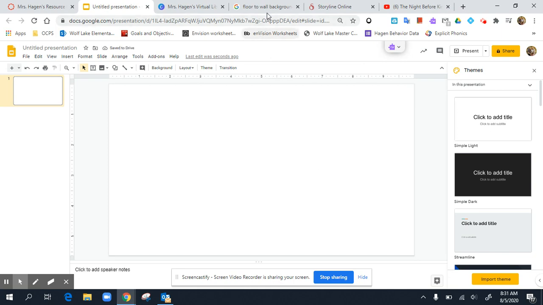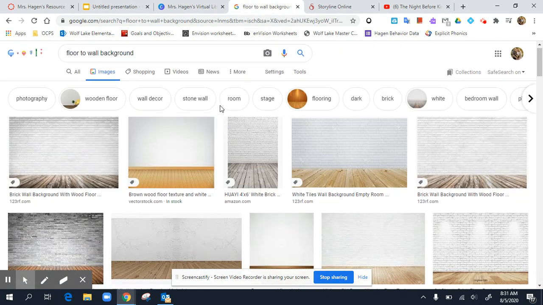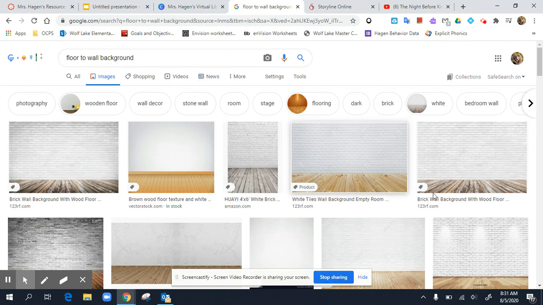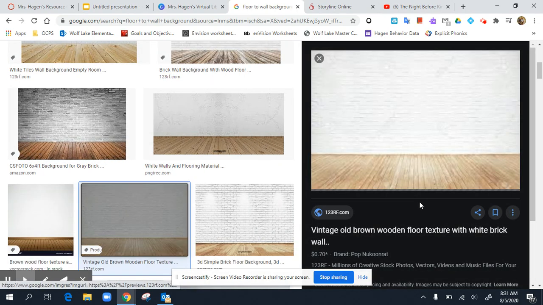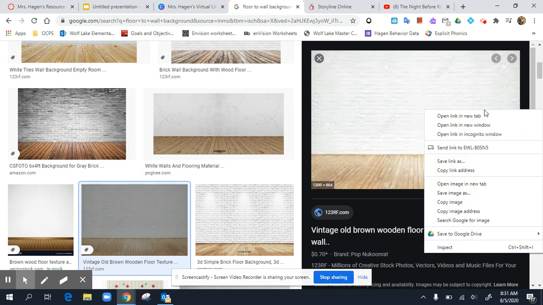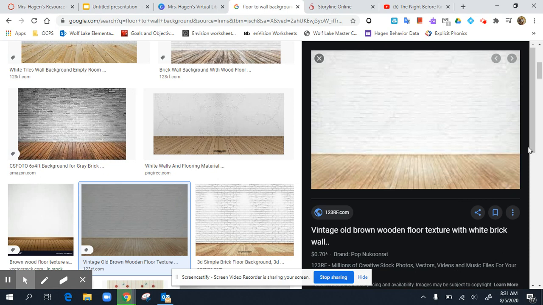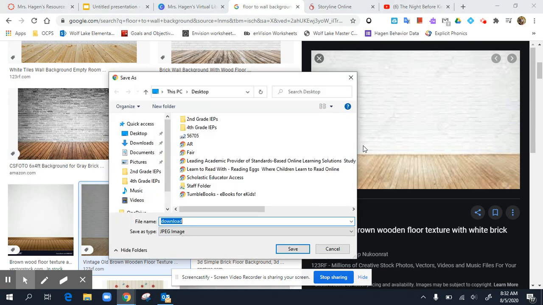What you want to do next is go over to Google and search a floor-to-wall background. Okay, and that's just going to come up with all these different backgrounds, and you can choose one that kind of suits you. So I'm going to go ahead and choose this one here. Once it comes up, you're going to want to save the image. So we can go ahead and save it as